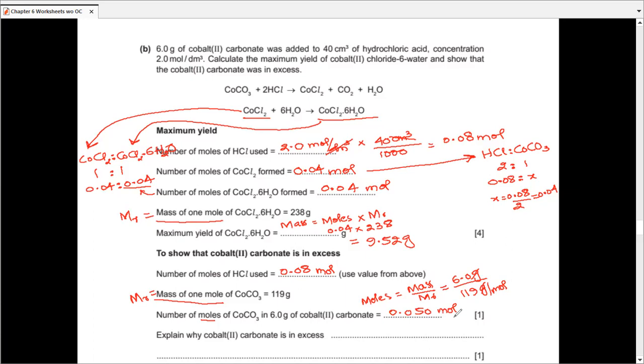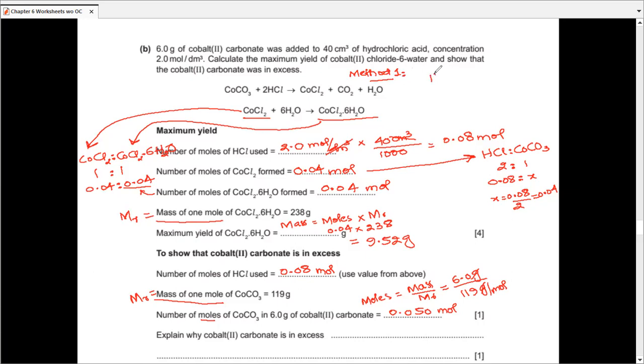Here, what I do is that I use method 2. What you can do is that you can use method 1. Now for method 1, you've already made the calculations with respect to HCl. If you make calculations with respect of COCO3, you obviously know that they make more moles of COCl2. So remember, method 1 has two columns side by side. So if I go for method 1,